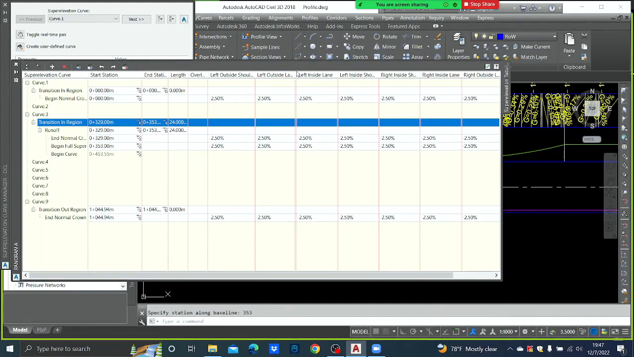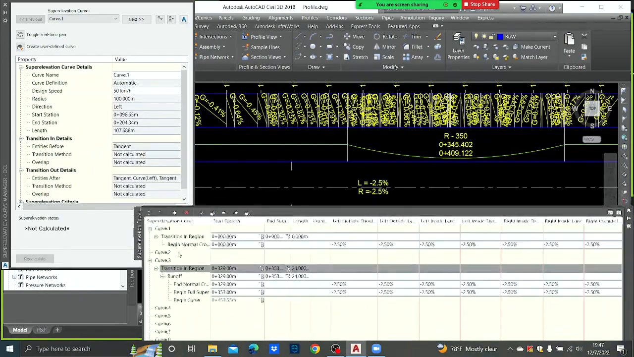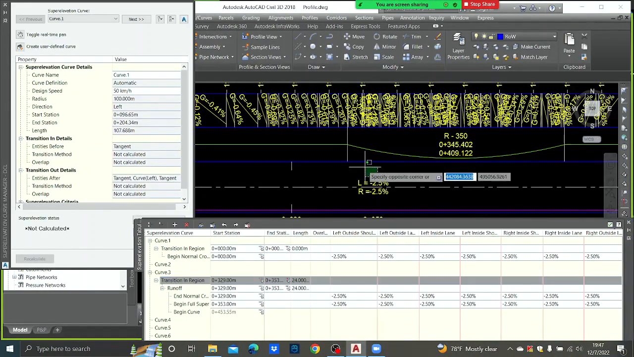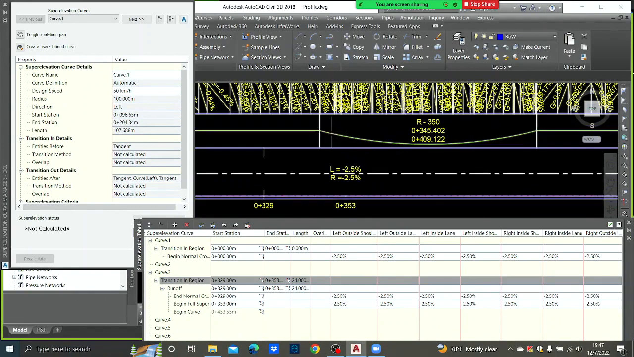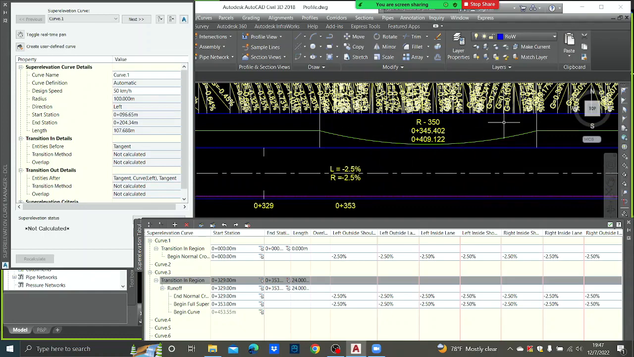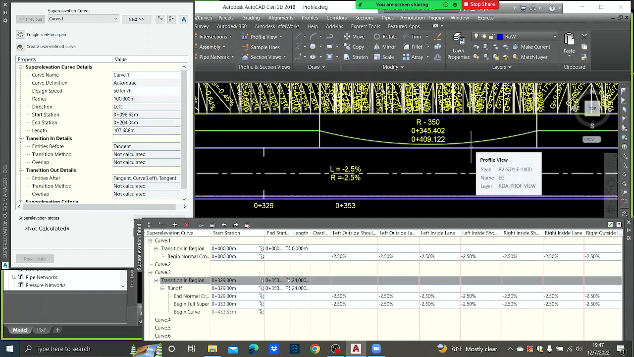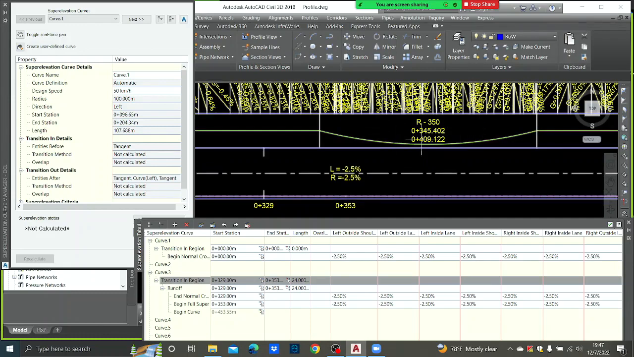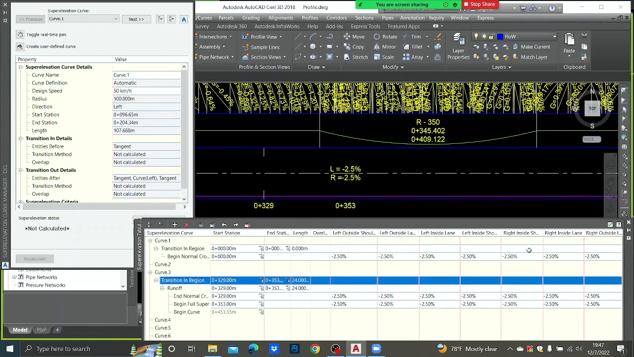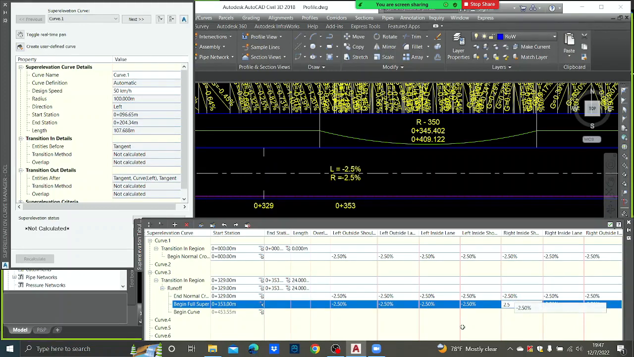In begin full super, you know this curve is turning this side. Okay, so what should be the super elevation side? That is right hand side. Always check: you are coming from here to here, then this side, now it is turning this side, so your super elevation should be RHS. So you have to put plus 2.5 to all the right hand side values. 2.5. So I'm going to copy and